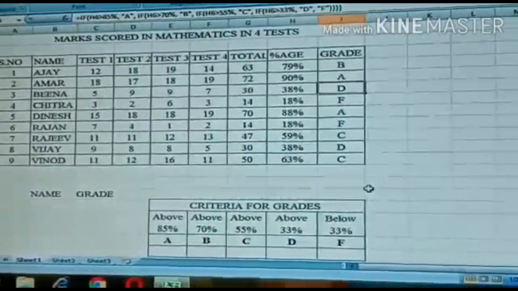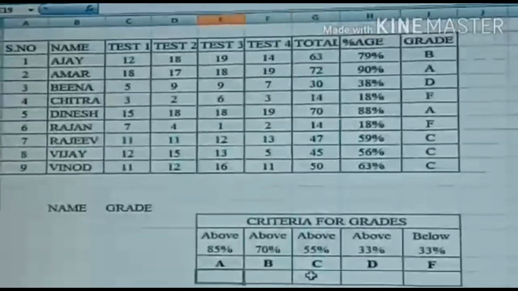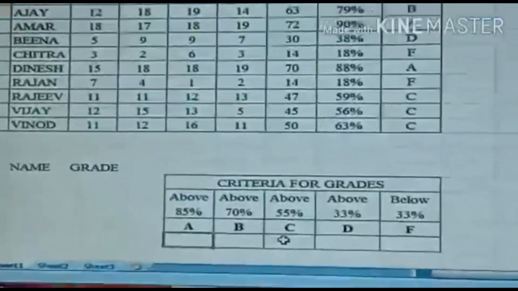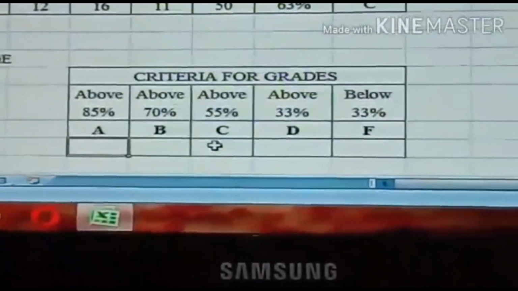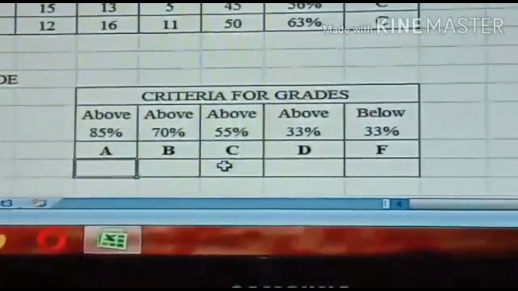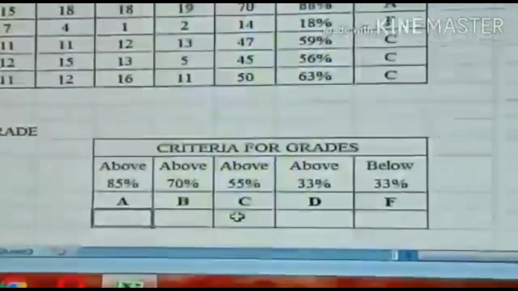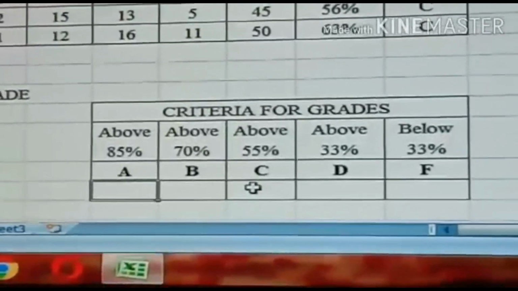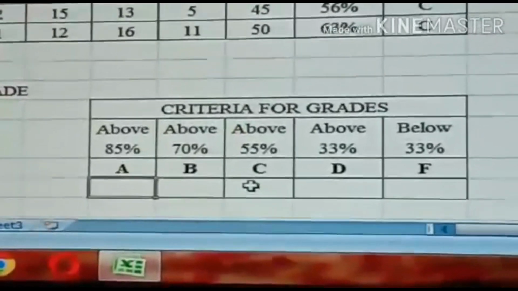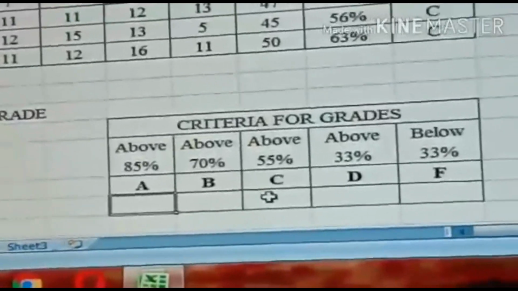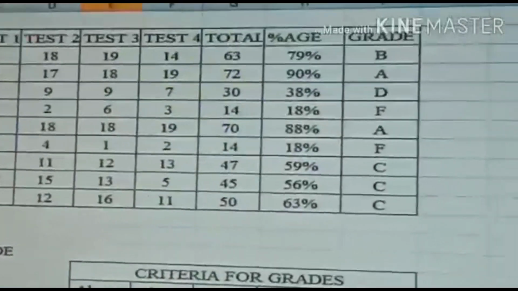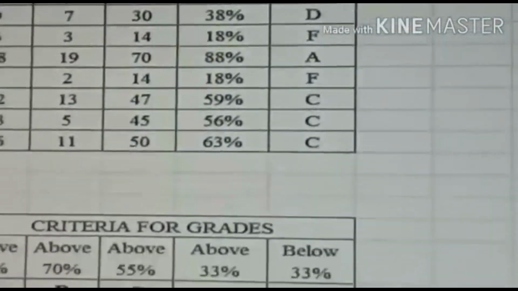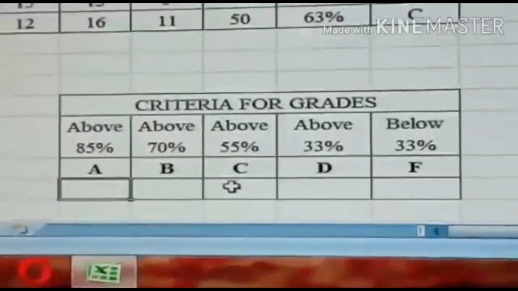The next formula or command is COUNTIF. This returns or gives a count value, that is a number, on the basis of a match value. Now I am applying the COUNTIF formula to count how many students got grade A, B, C, D or F. For this, first of all I will put my cursor at the cell.